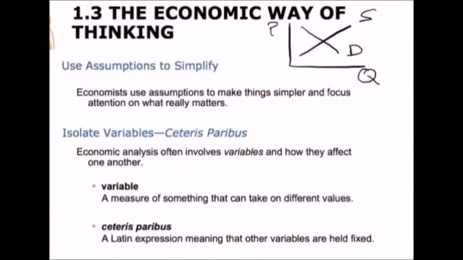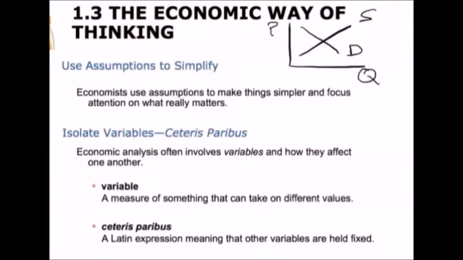One of those assumptions is we're going to isolate the variables that we look at. In this model, we're looking at a variable of price and quantity and how changes in the price might affect the quantity. We call this a ceteris paribus assumption, right? That any variable that affects the supply and demand of a good or a service is held constant. So we isolate two of the variables that we're looking at, assuming everything else is held fixed.